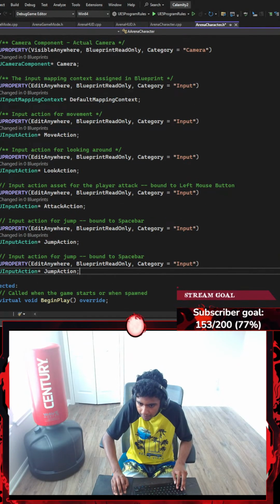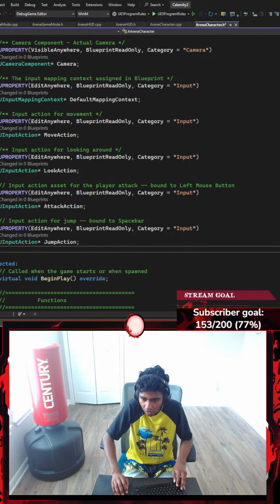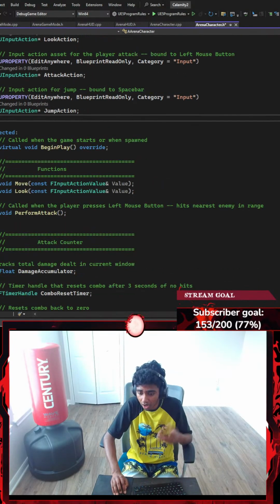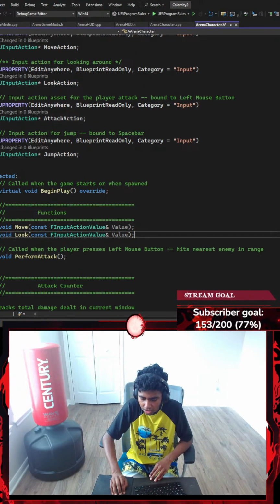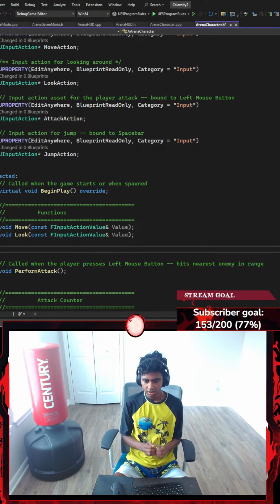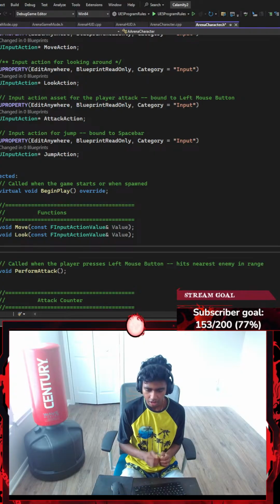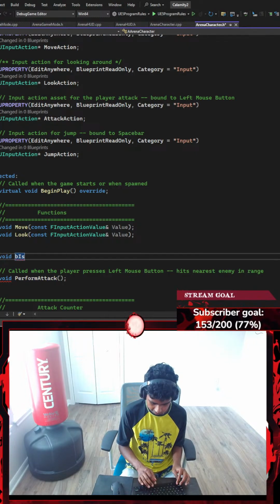And now this is input action, edit anywhere. This is going to be attack action. Oh, wait. Wow. I already have my attack action. That makes my work 300 times easier. All I need is 2 more functions. I need Boolean functions. So I'm going to go ahead and create a void function called Boolean is